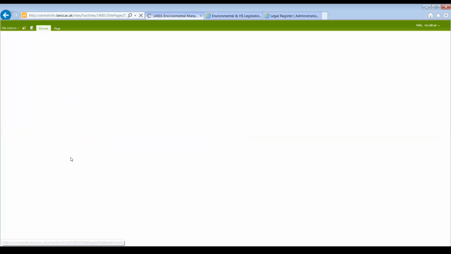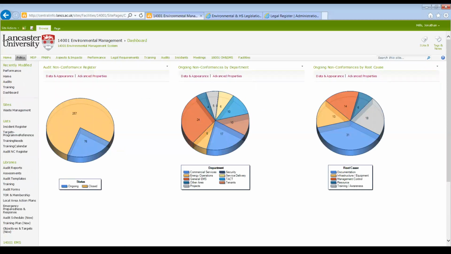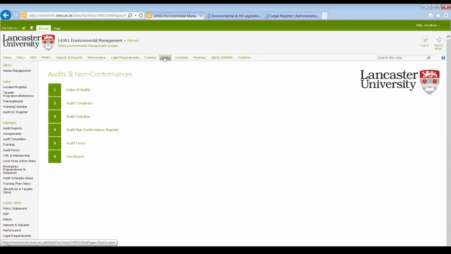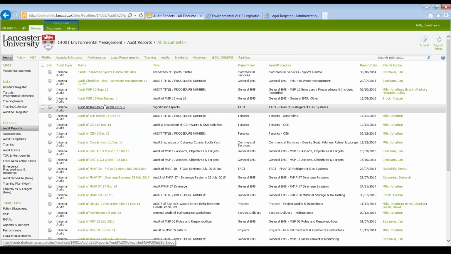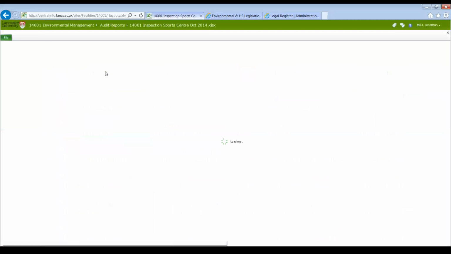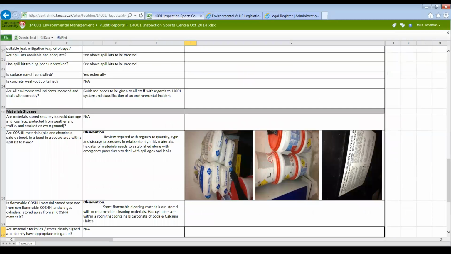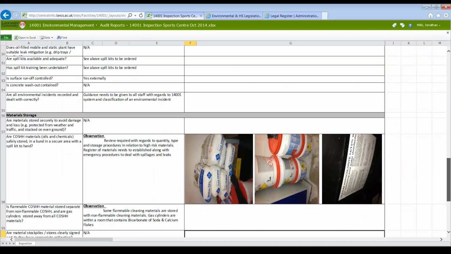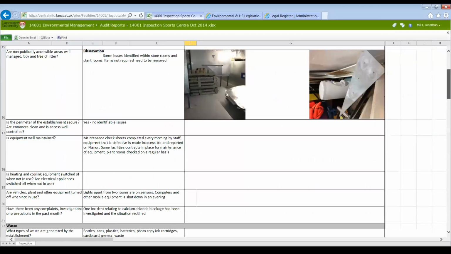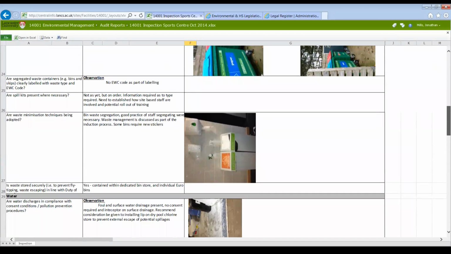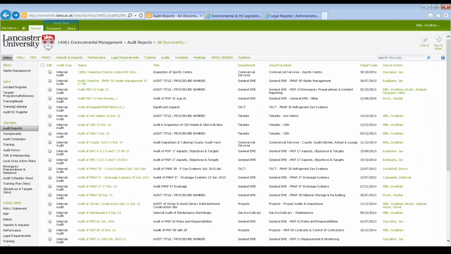And where do you add this non-conformity? From the report, or somewhere in your templates? Okay, right. So the non-conformances will be raised in an audit, say from the audit register. I could pick up an environmental inspection of our sports centre, just brought up there, and any issues raised in there, like observations and so on. That audit or inspection report is a separate document, and any